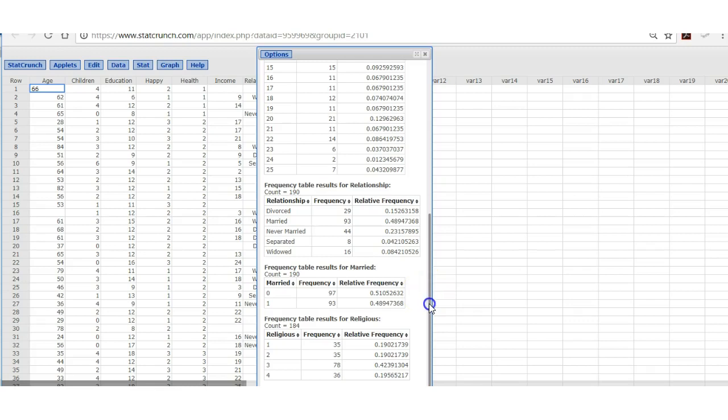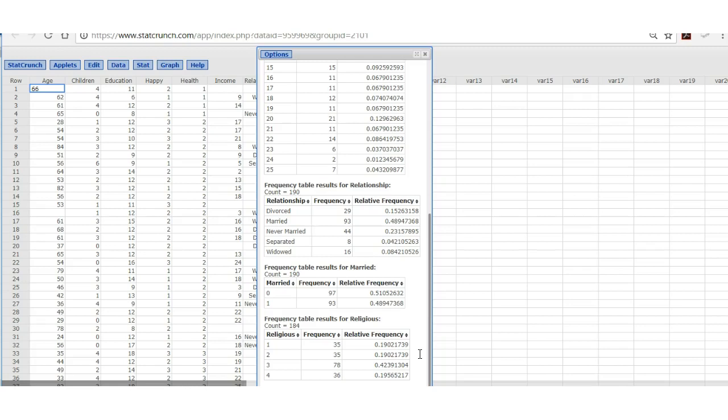And then finally the religious variable. We can see right off that the most popular answer was number 3, which was moderately religious. About 42% of the responses were for that choice. This is a good way to look at what's going on with your categorical variables, is to do a frequency